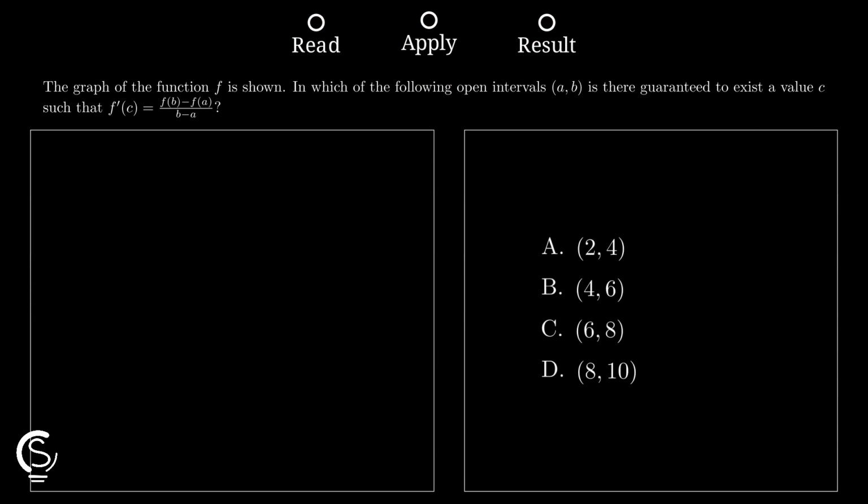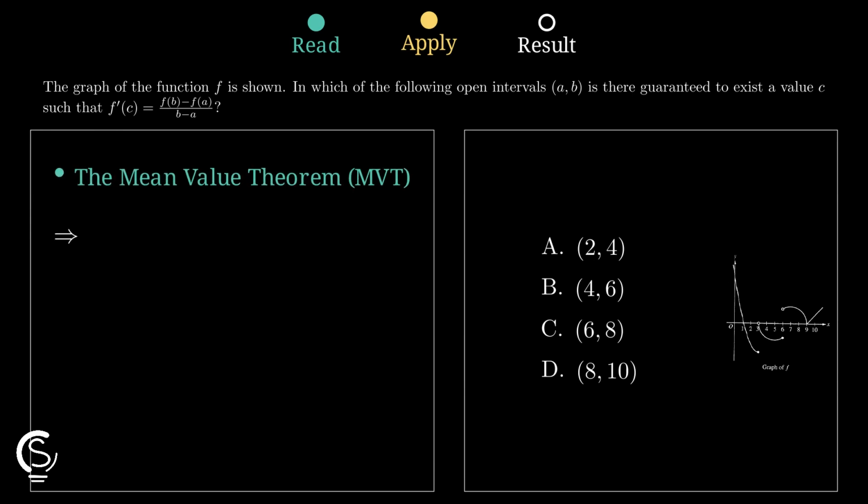This is a mean value theorem setup, so we need an interval where the function is continuous on the closed interval and differentiable on the open interval, plain and simple. Now test the choices from the graph. Some intervals fail because there's a corner, break, or non-differentiable point somewhere inside, so MVT cannot guarantee a matching tangent